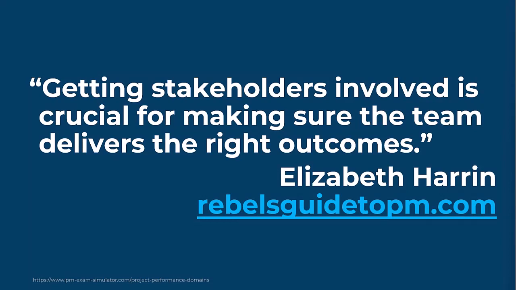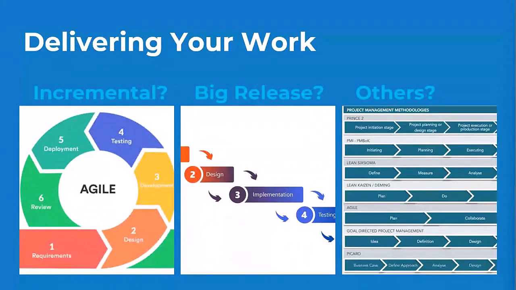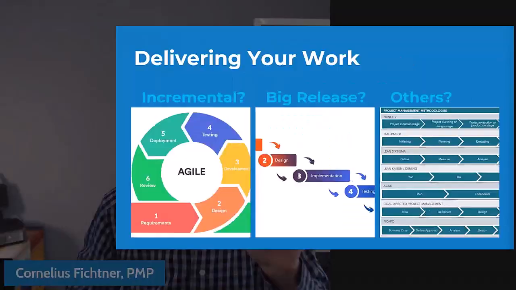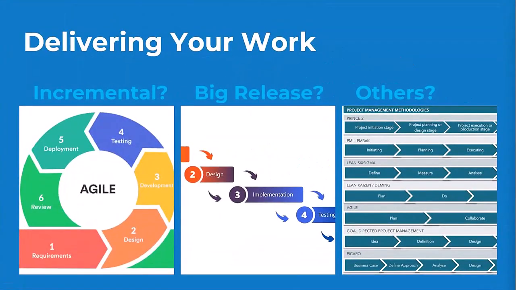So let's talk about delivering our work a little bit. When we consider this domain, think about how you can run the project in the best possible way. And again, running the project in the best possible way takes us back to the development approach and life cycle from domain 3, right? And so how do you do that in order to be able to deliver your work best? It might be advantageous to stagger delivery and release incremental updates at various stages to capture the value as early as possible in the life cycle to achieve the strategic business objectives that you want to be achieving.